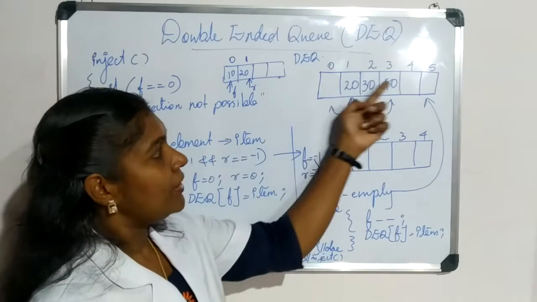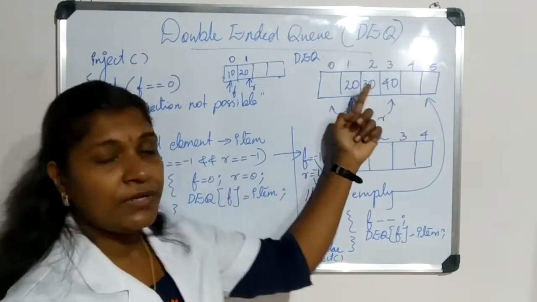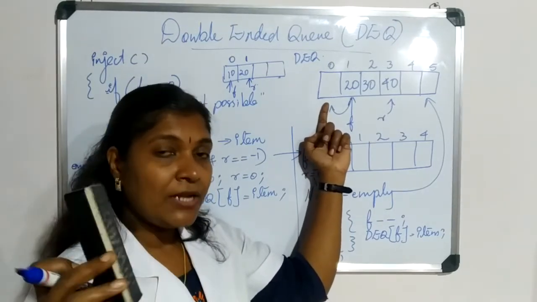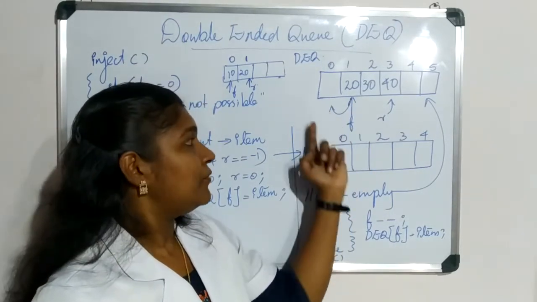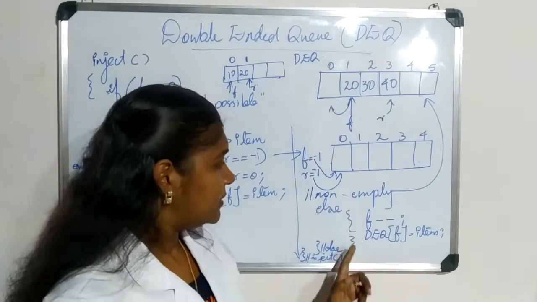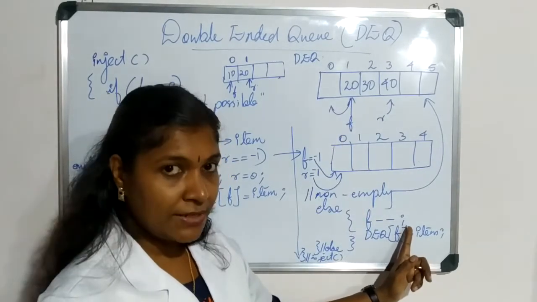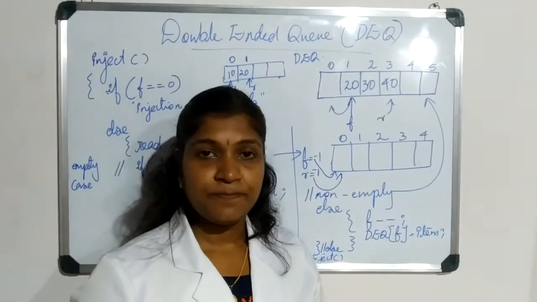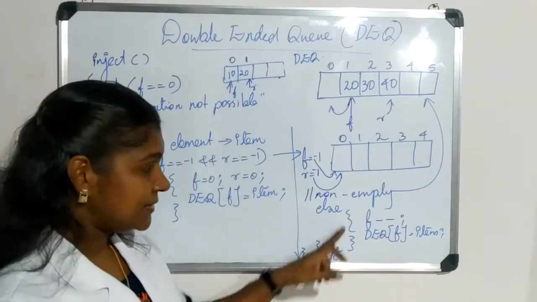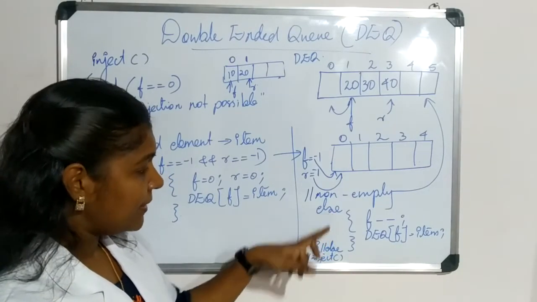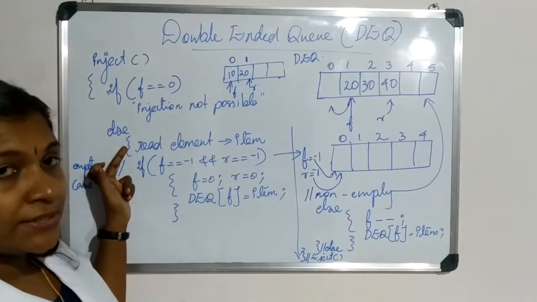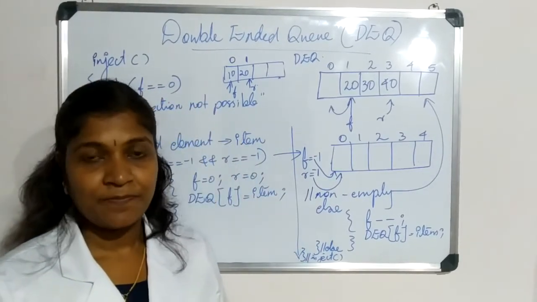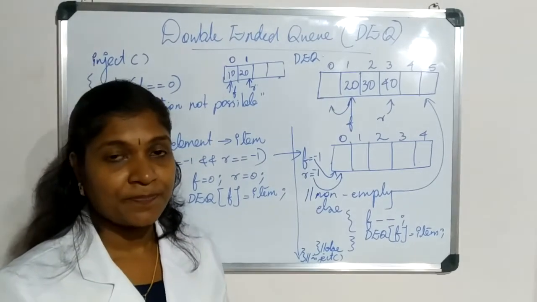The next case is a non-empty double-ended queue. The one and only operation we need to perform is to determine the value of F, then conceptually implement or write the code. That is, perform the injection through the front end. So in the else part, F minus minus, determine the value of F, then DQ of F is equal to item. Then close all the braces. This is the else of the first else part. Then this is the outer else statement. Then the last brace is that of our inject function. So I hope this concept is clear. Okay.